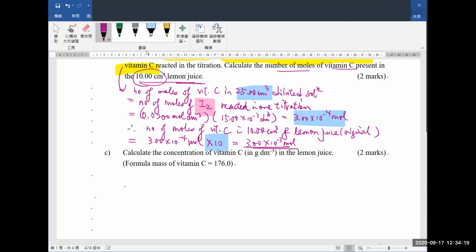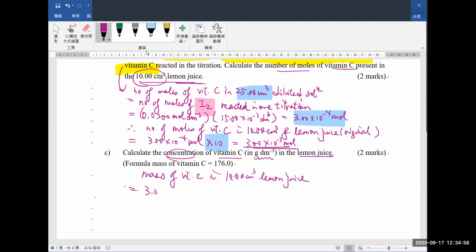So this is part B. Last part: calculate the concentration of vitamin C in the lemon juice, in gram per dm cube. How? I need to change a little bit, right? I need to find out the mass, gram per dm cube. So dm cube I know is 10.00 cm cube, right? And gram, you need to find it first. Mass of vitamin C in 10.00 cm cube of the lemon juice,